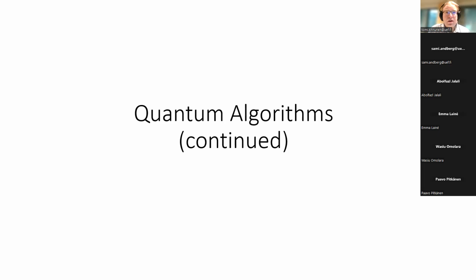Today I'm not necessarily going into much detail in these algorithms, but I will try to give some of the key ideas, the key ingredients, the building blocks of these quantum algorithms. Hopefully those of you who haven't yet decided on your project topic will get some ideas here, if you pick a quantum algorithm topic, on what kind of methods you may be interested in.